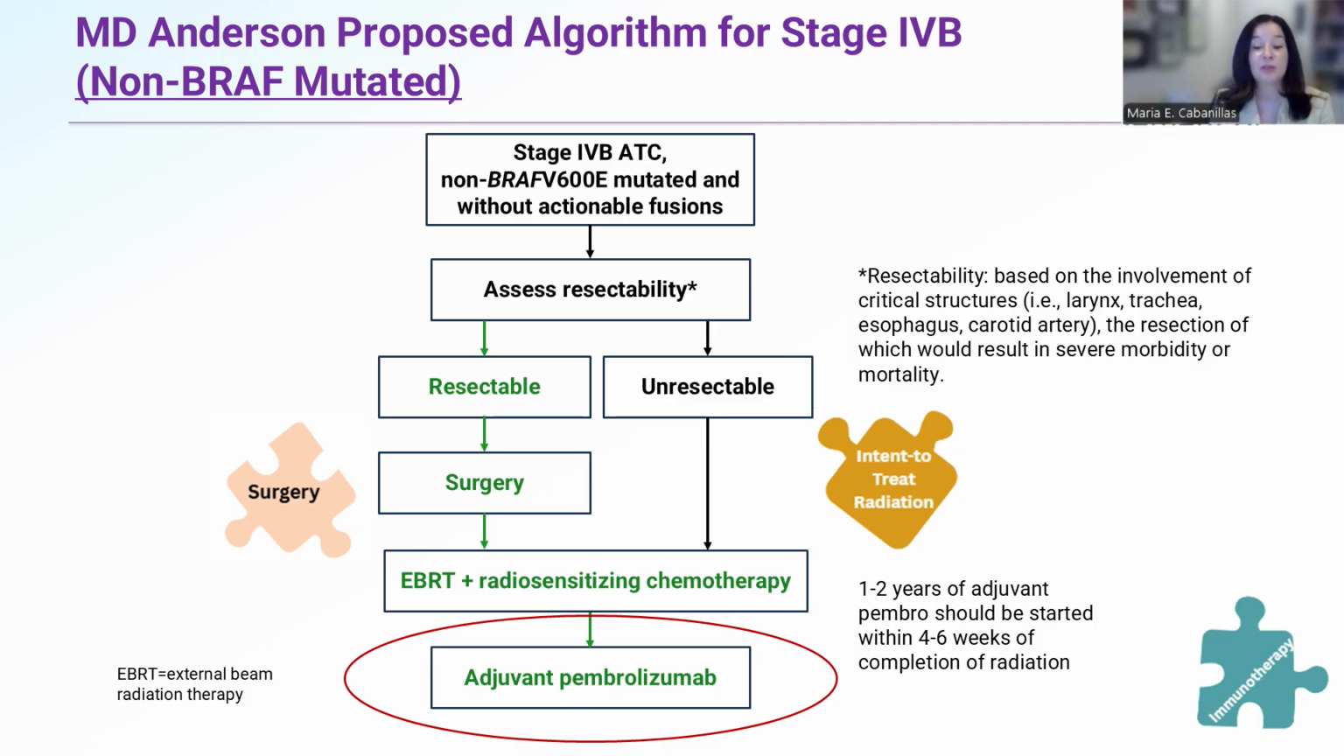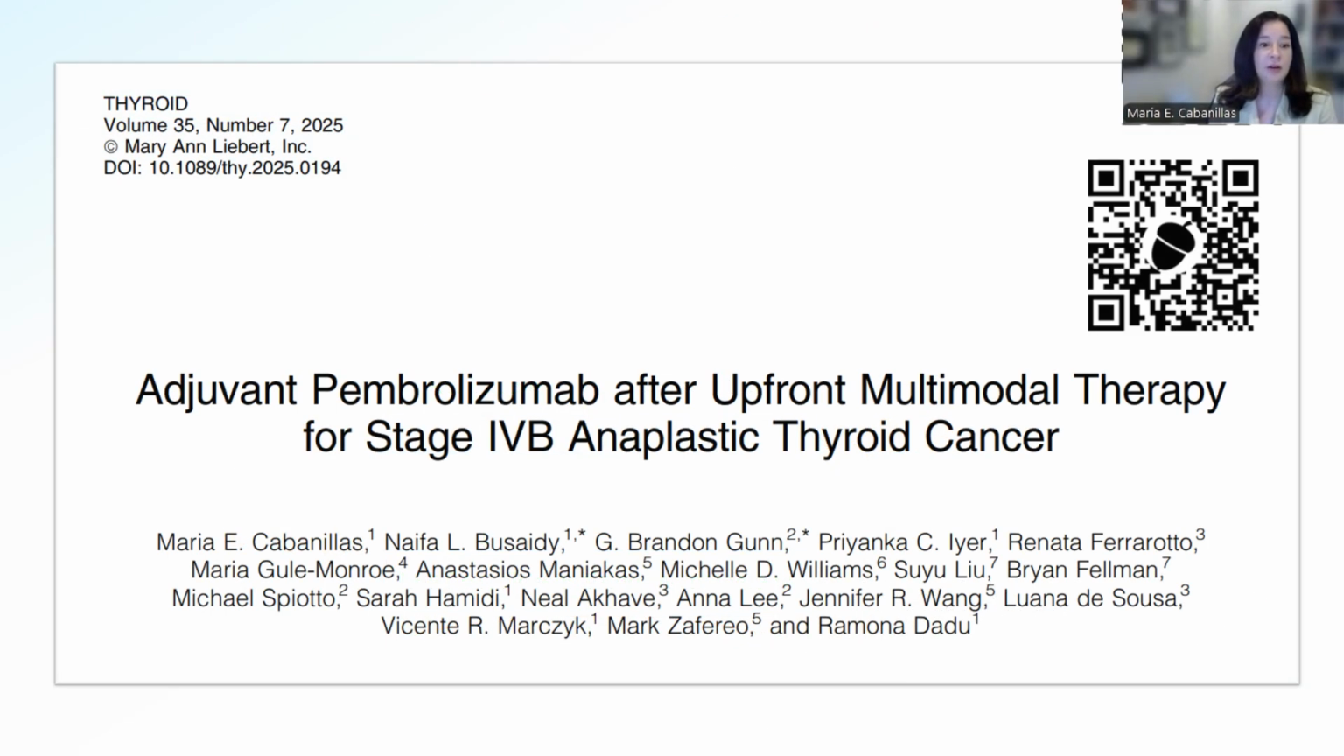Usually pembrolizumab is given for 1 to 2 years. And it is started between 4 to 6 weeks after completion of radiation, or within 4 to 6 weeks. The reason for that is that there are patients that relapse very early, and therefore we want to initiate the treatment before that happens. So the data based on this study with adjuvant pembrolizumab,